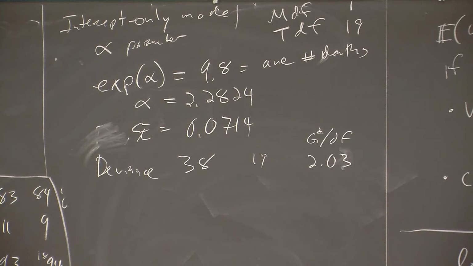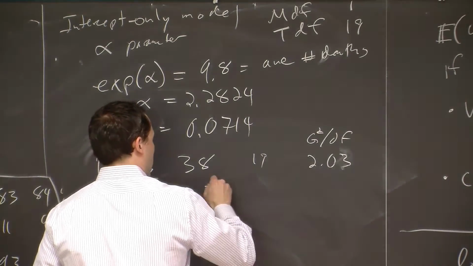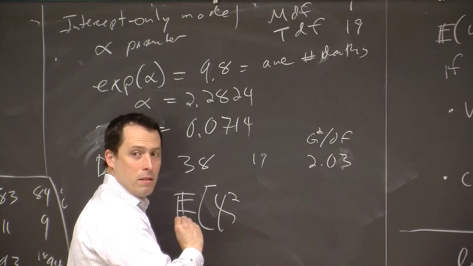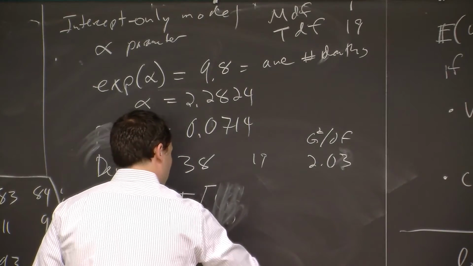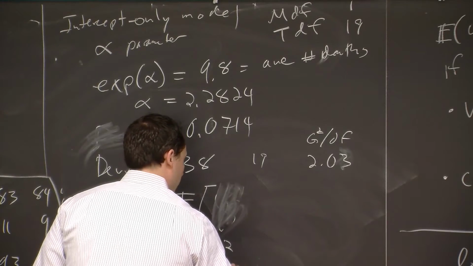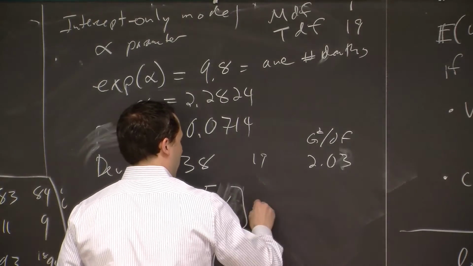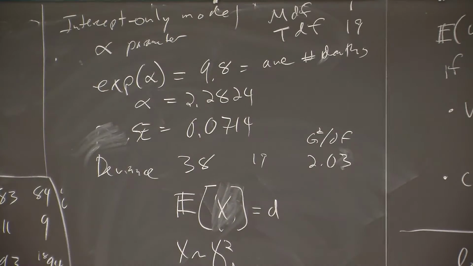How do you know the fit by dividing the degrees of freedom of G squared? Well, the degrees of freedom is equal to the expectation of the chi-squared statistic that we get out. Let's say X is chi-squared with d degrees of freedom. The expectation of X is equal to d. That's just a property of the chi-squared distribution. And so when